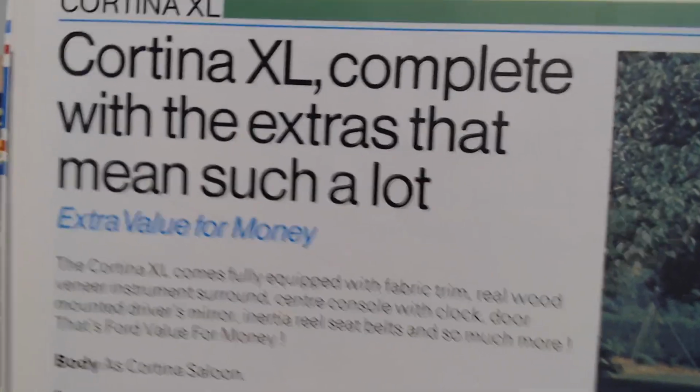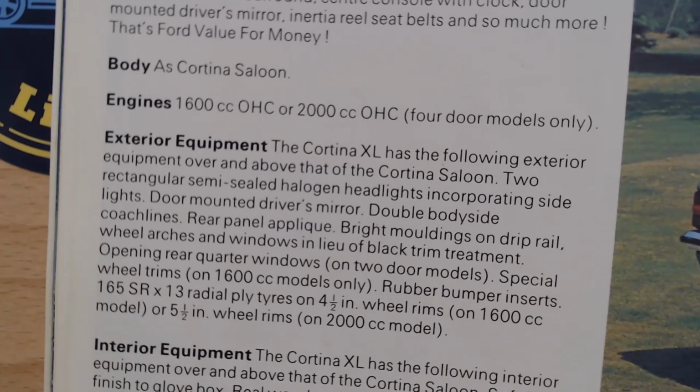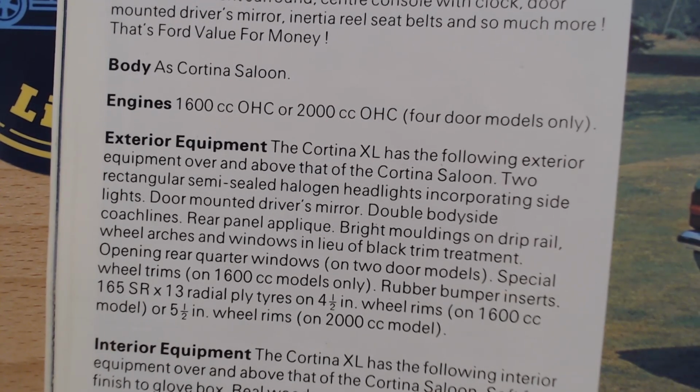So the body is of the Cortina Saloon. You can have it as a 1600 or a 2 litre now on 4-door models only. It tells us the Cortina XL has the following exterior equipment over and above the Cortina Saloon. So 2 rectangular semi-sealed halogen headlights incorporating side lights, door mounted driver's mirror,